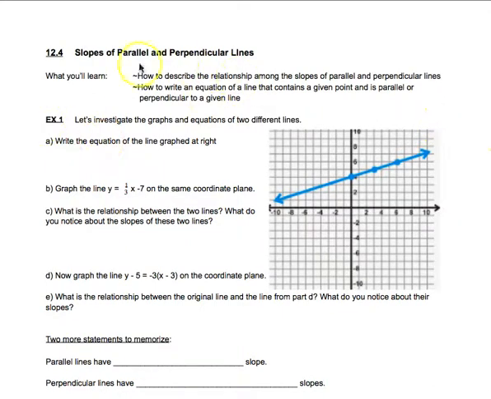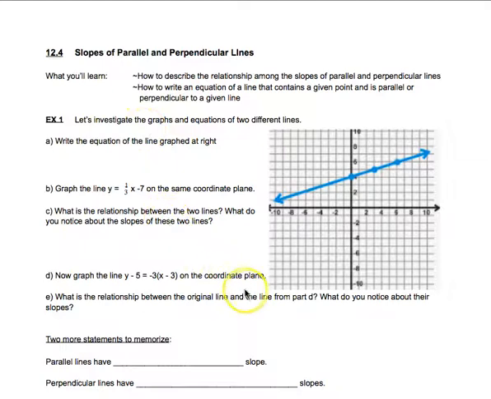In today's lesson, we're going to be talking about slopes of parallel and perpendicular lines. So we've got just a couple learning targets here. We're going to be able to describe the relationship among the slopes of parallel and perpendicular lines, and then you'll be able to write an equation of a line that contains a given point and is either parallel or perpendicular